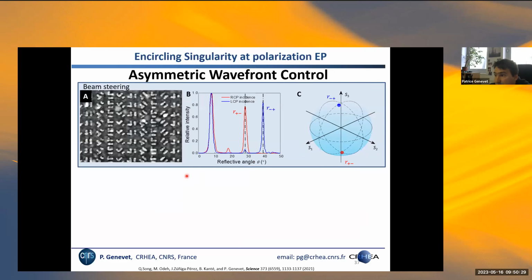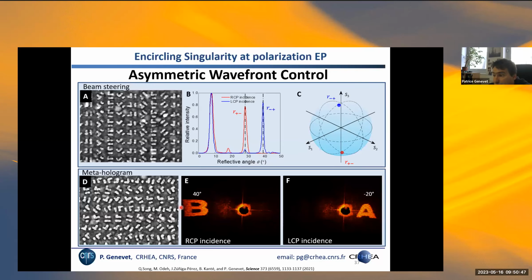I'm going to skip that, just show you the results. So as to decouple the two plus to minus and minus to plus channels, where you are able to engineer the two different circularly polarized states of polarization very independently one from the other to project light, for example, at two different angles, or for example here to project images, holograms of a different shape that are very different one from the other at two different angles as well.